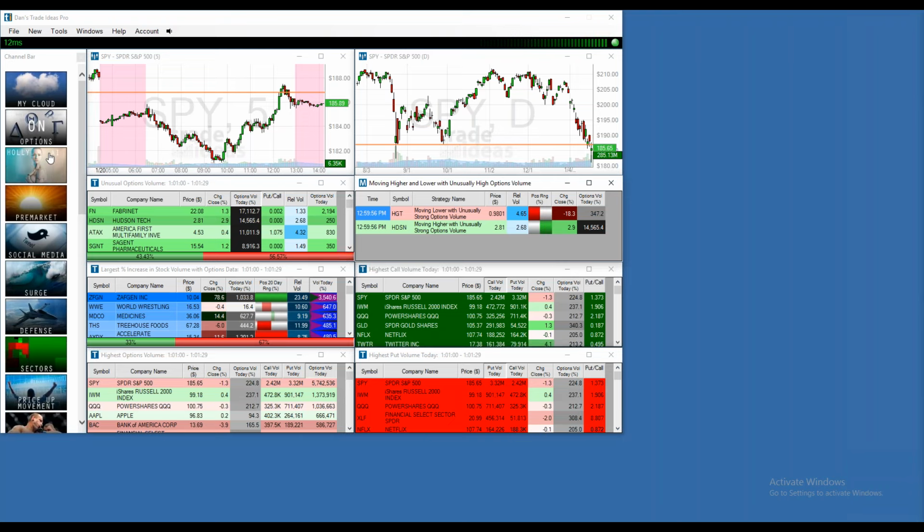So again, the channel bar just simply lets you take advantage of all the internal skills inside of TradeIdeas so that you don't have to set anything up. It's already all configured. So the second most important part of really taking advantage of TradeIdeas is this live trading room. Okay?